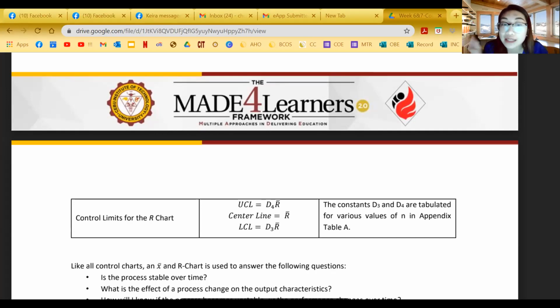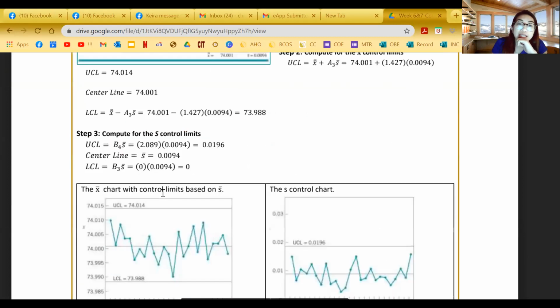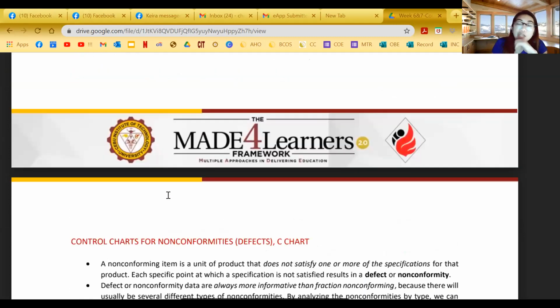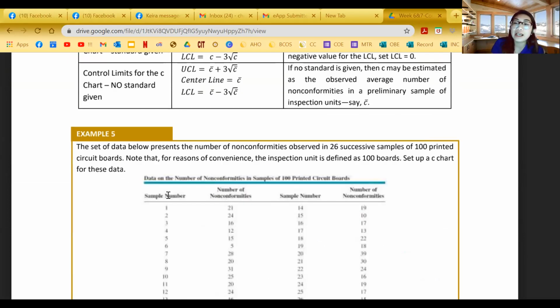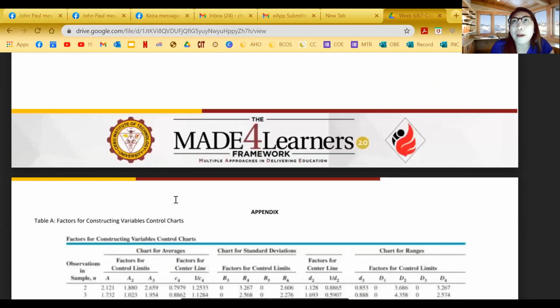Okay, especially that there are times the LCL should have been negative. Because in your table of constants, we encounter values that lead to negative results. They are not negative themselves, but on subtraction it leads to negative. For example, double barred X minus A2 R bar. Let's say your A2 is large. Mathematically, if your A2 is large, the subtraction leads to a negative value against your double bar X. So that means your value is negative. But you cannot draw a negative